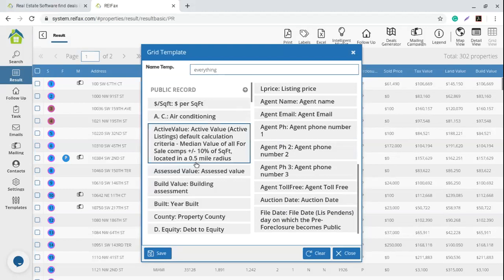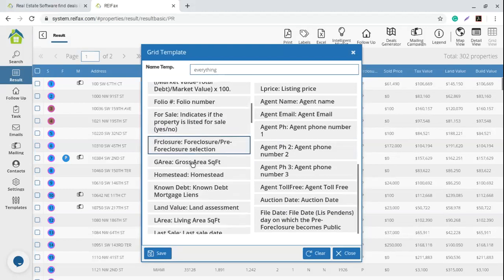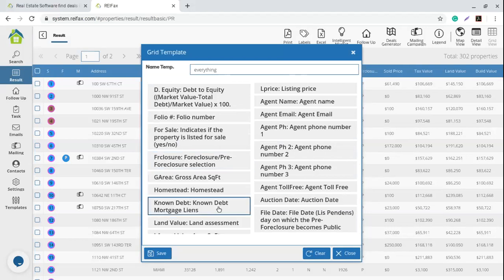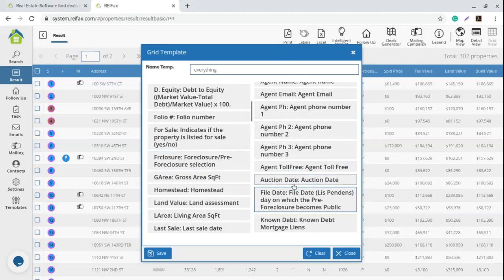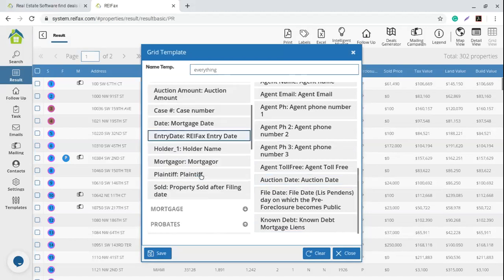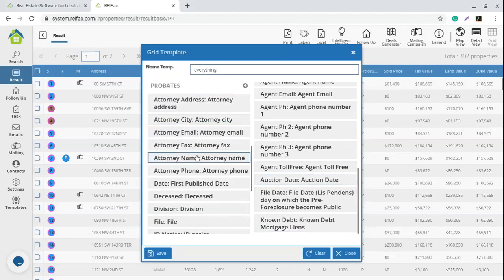That is under the public records filters right here. So I'm going to put that known debt right here below the auction date and the file date. Right here is the known debt. Excellent. And now then I'm going to open the probates, scroll down, and I want to see who was the